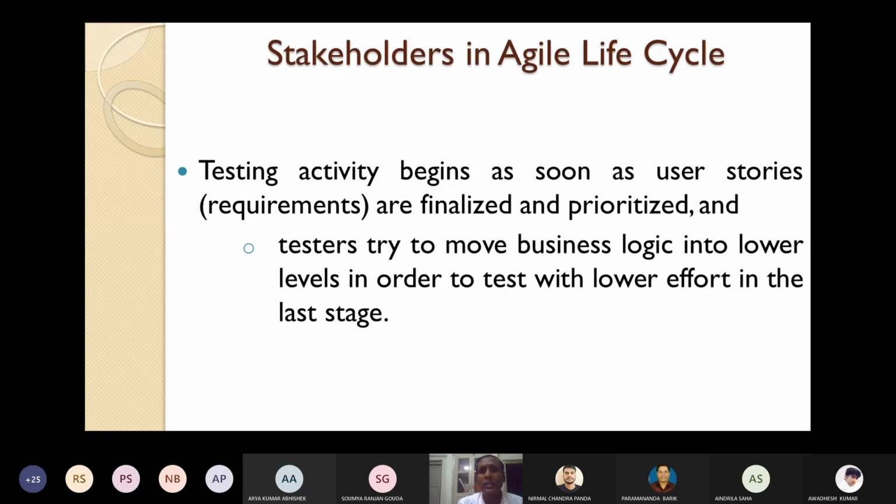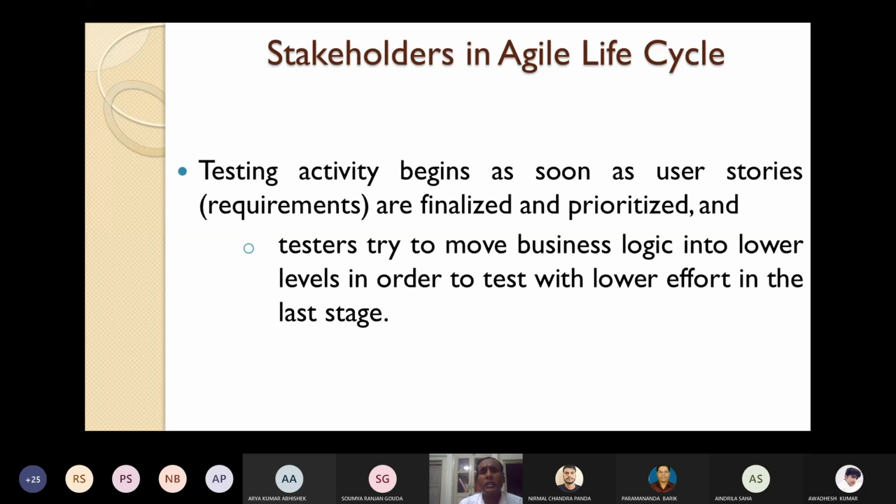So after these requirements are finalized and prioritized, the testers move the business logic into the lower levels in order to test with lower effort, so that less effort is needed in the last stage for testing the software.